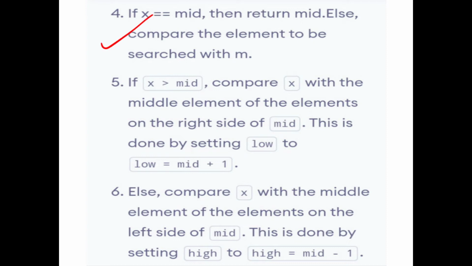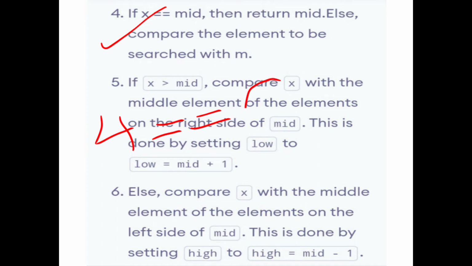First one: if x is exactly equal to the mid value. What does x mean? Key value. Key element means what? Here, 4 is the key element to check. That means 4 is the element in the array whose position we want to find. So compare whether 4 is exactly equal to the mid position value.